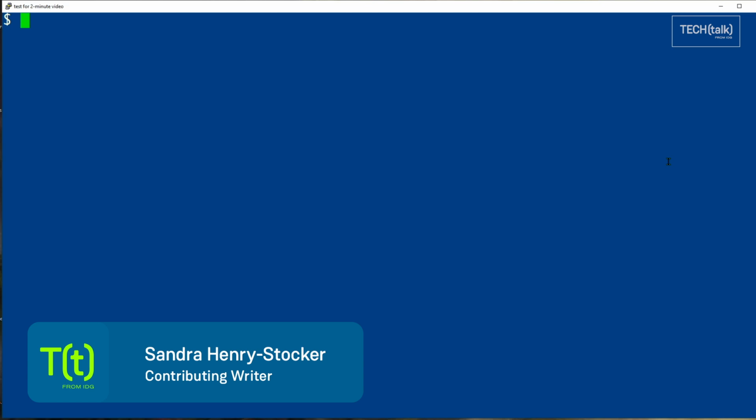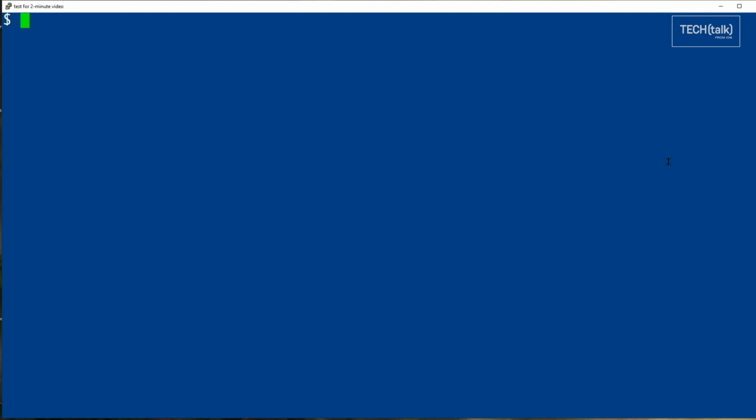In this Linux tip, we're going to look at using tabs for auto-completion. This practice means that you don't have to type complete file names or even complete commands, and you'll probably avoid some typos in the process.